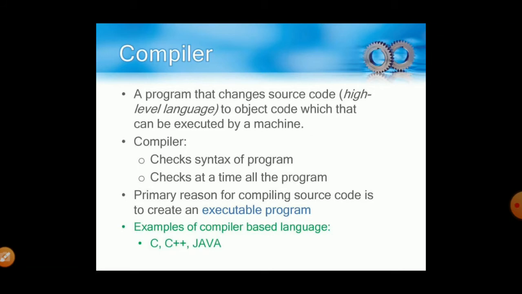Compilation means checking line by line. Each line will be checked. Every line will be checked by the compiler, and if it finds any error, it will generate the error and show it to the user. So the compiler is used basically in third generation languages, and these languages are C, C++, Java, Python, JavaScript. So many languages are there.